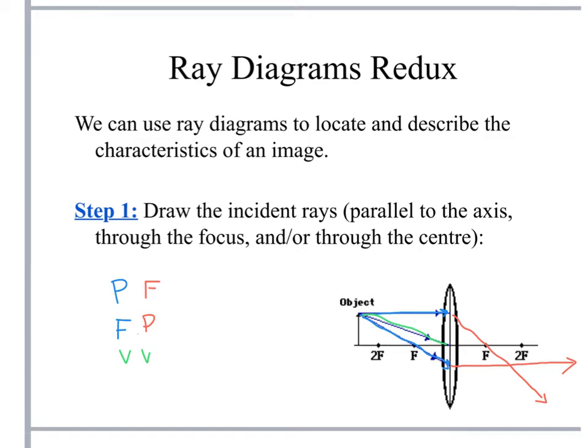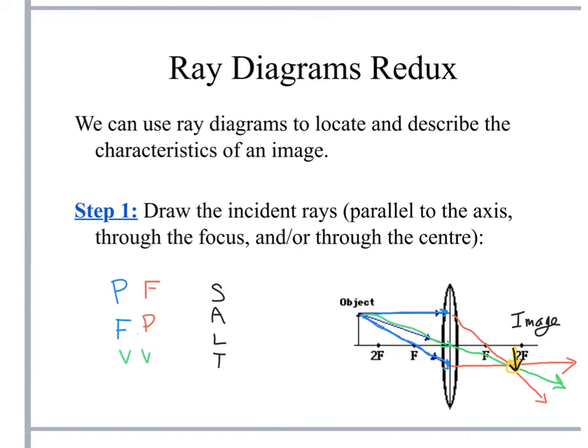Then we have V to V. So remember, our V goes straight through. That was not a very well drawn line. And there we have it. So our intersection of the line is right there, and my object is right here, which I will just draw in black. Now, if I'm going to describe the characteristics of the image, and this is our image over here,